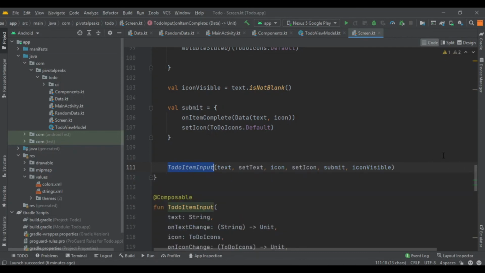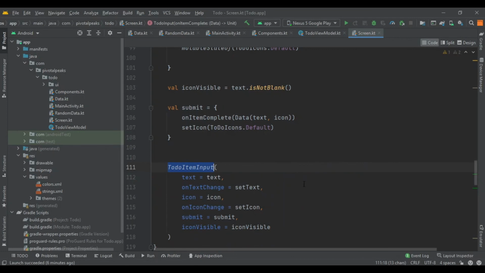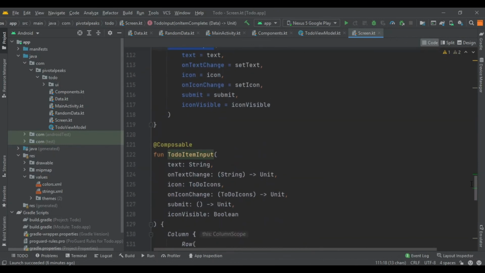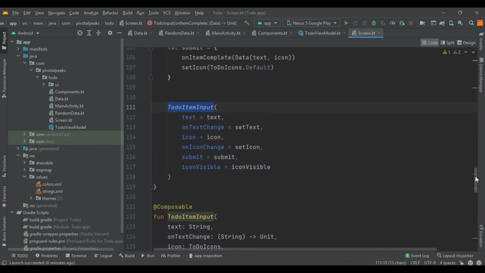It will add the names to call arguments, so it will automatically set all the things that are required. And so yeah, we have successfully separated the stateful and stateless items.